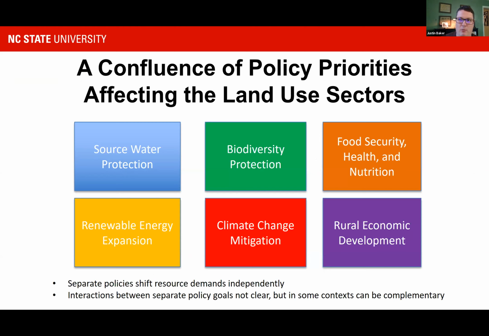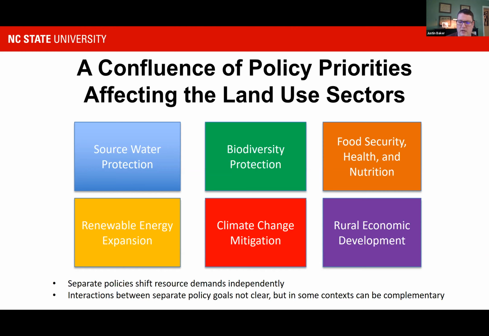right now in the land use sectors, we're really facing a confluence of potentially competing policy objectives. Separate policies we know can shift resource demands, right? If we're setting aside land for conservation purposes to help protect biodiversity, that's going to reduce the amount of land that we have available for development or for agricultural production or for other primary productive uses. We know that if we're pursuing climate change mitigation opportunities, that also has a potential trade-off in our production systems, right? So there is a kind of constant push and pull between the resource demands that each of these policies